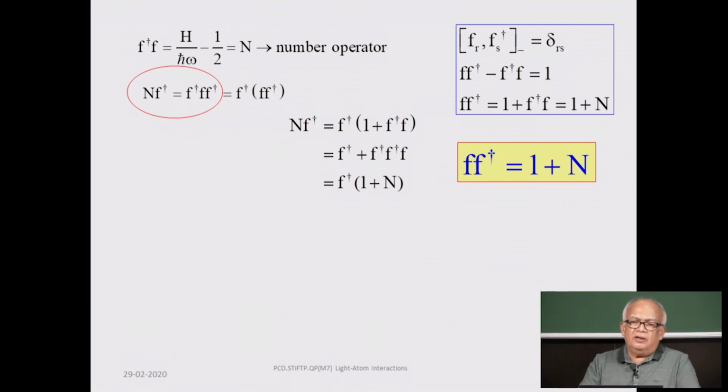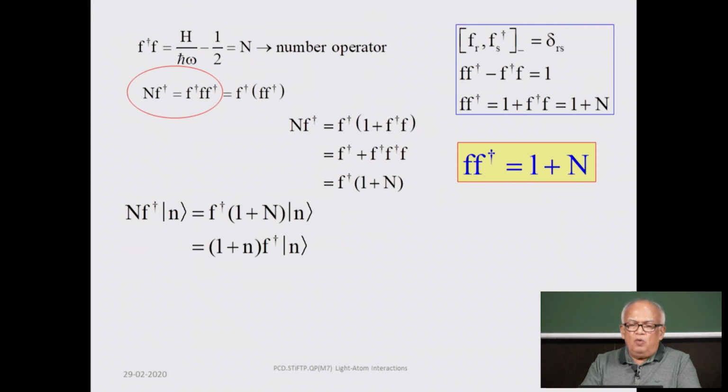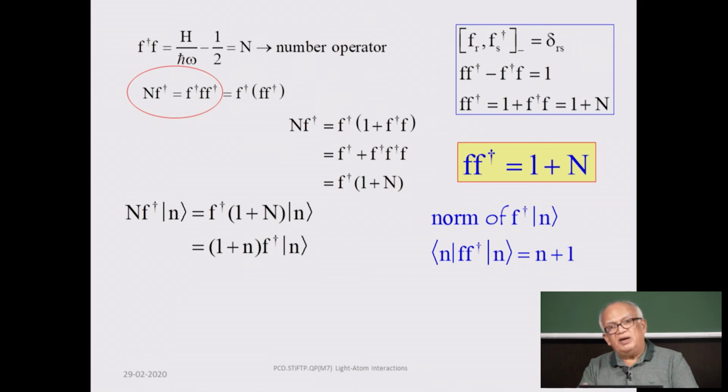Similarly, you can use these relations. So you find what f dagger acting on n gives, which is f dagger |n> equal to something times |n+1>, and you can now use this to determine the norm of f dagger |n> using the same kind of reasoning. It is exactly the same kind of argument, and notice that the norm of f dagger |n> will be f dagger |n>'s projection on its adjoint, which is <n|f, and this will be equal to 1 plus n, right.